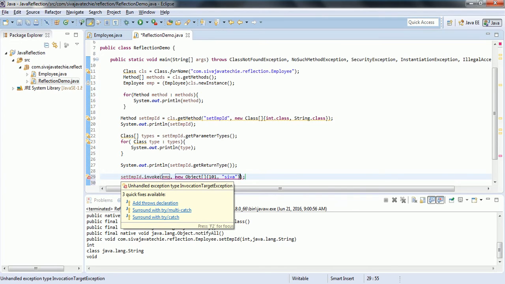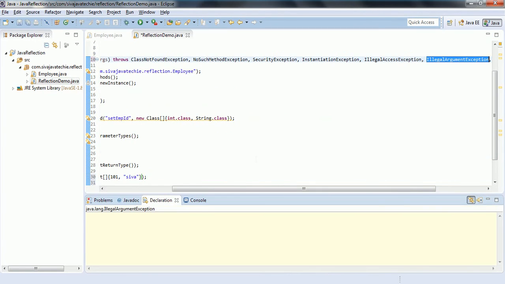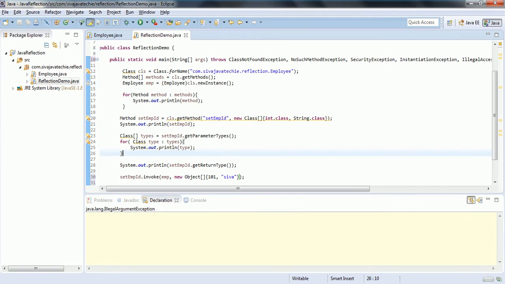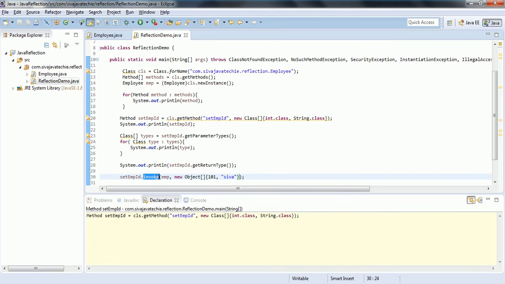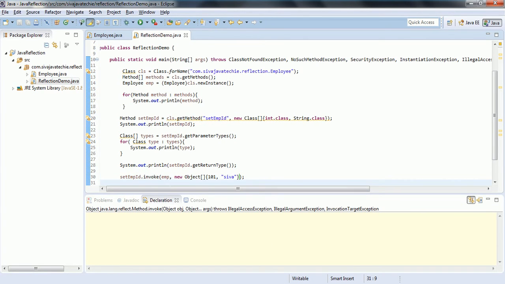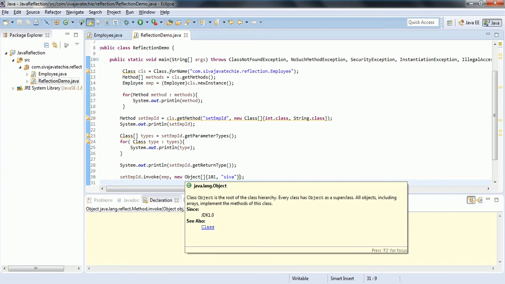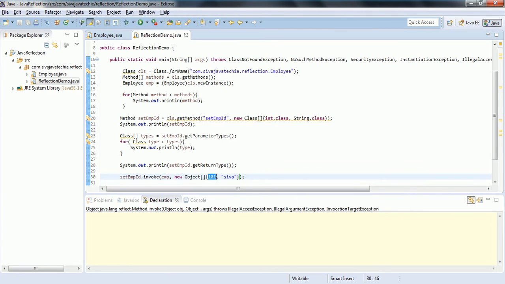It also throws a checked exception, that is InvocationTargetException, so you can throw that one. Now what is going to happen is, it identifies the set employee ID method, and it invokes it using the employee object, and it is going to pass the values that we are passing here. For the employee ID it is going to pass 101, and Shiva is for the employee name.